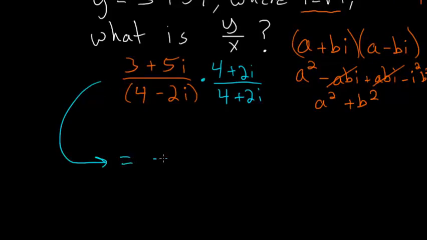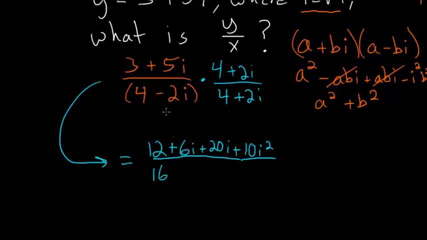So this expression becomes, let's see, we have 3 times 4, or 12, and then 3 times 2i, so that's plus 6i, and then we have 5i times 4, so that's plus 20i, and then we have plus 5i times plus 2i, which is plus 10i squared, all divided by, here we have 4 times 4, which is 16, 4 times 2i, which is plus 8i, and then minus 2i times 4, which is minus 8i, and then minus 2i times plus 2i, which is minus 4i squared,